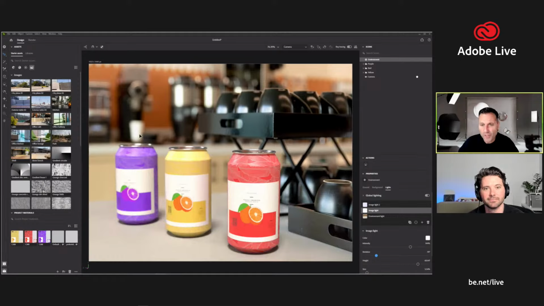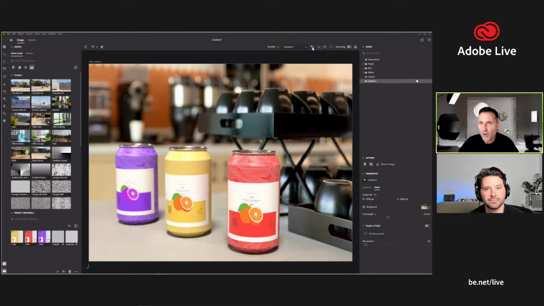So I've got this set up, and then I can go through and create new cameras based on this render. Up the top here, I can click on this little icon that says add camera. Now in this drop down, I've got two cameras, camera 1 and camera 2. If I was creating this for a magazine or InDesign or some other resolution that I needed, I can just click on the actual main viewport there,